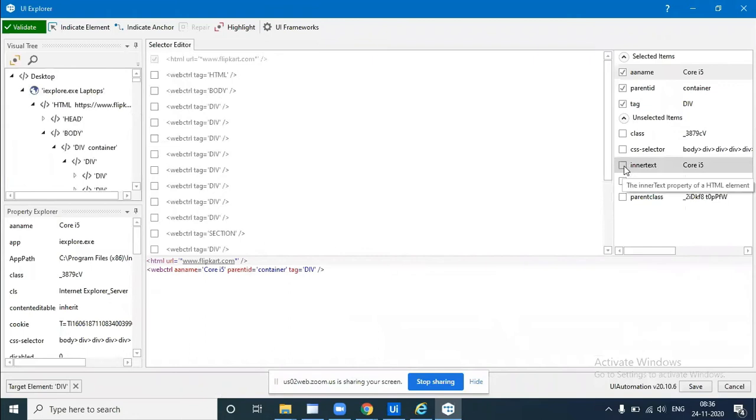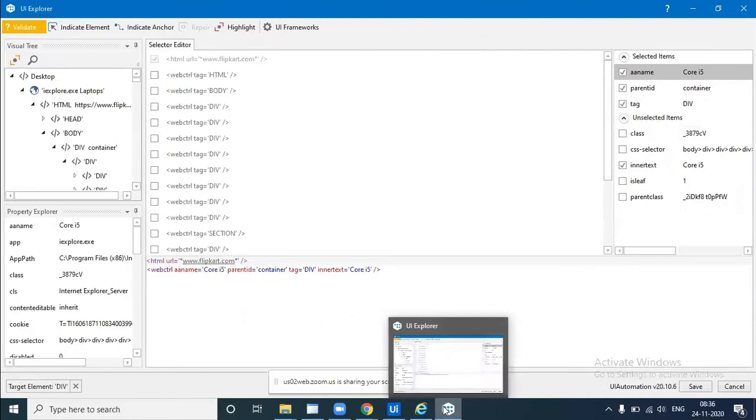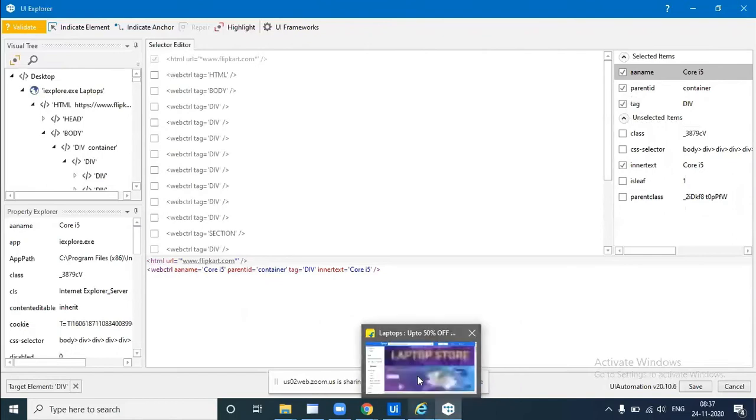Now I guess see what makes this particular button different or unique. Core i5 is its inner text. Inner text means a unique element, because there are multiple buttons and all are check buttons.